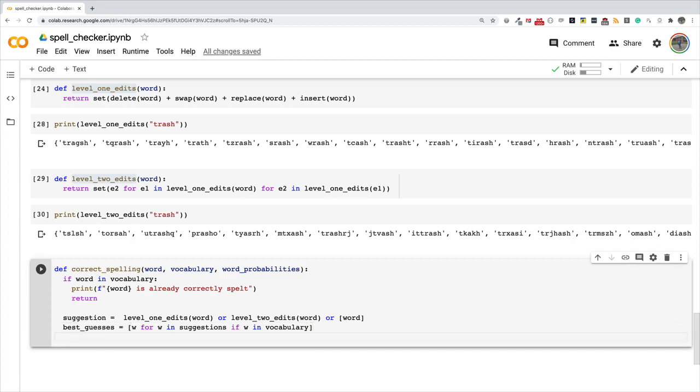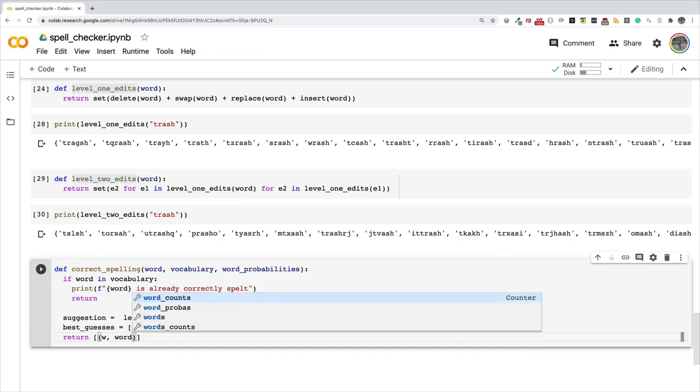And now we want to return each of the words in the best guesses and their corresponding probabilities, so that we get a list of tuples with a word and its probability of being found. Then, depending on how we want to use it, we can either show all the suggestions in the order of the probabilities, or we can just choose the suggestion with the highest probability and use it there. So we return a list of tuples comprising the word and word probabilities,